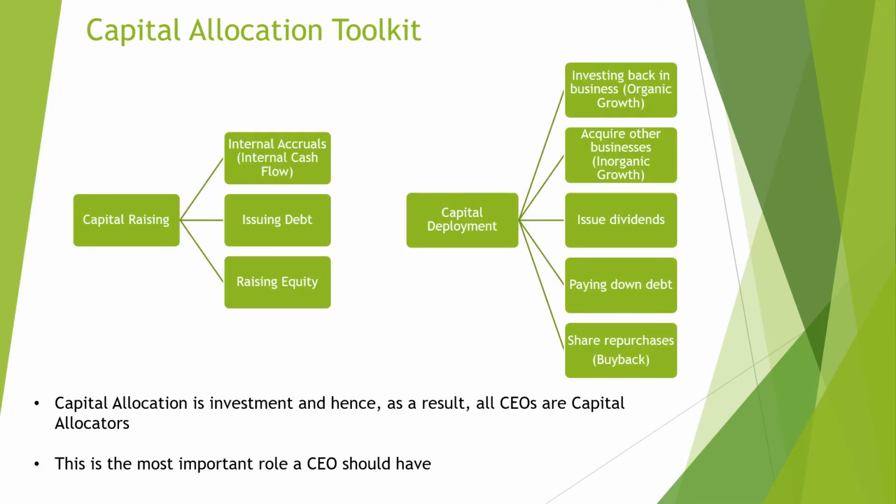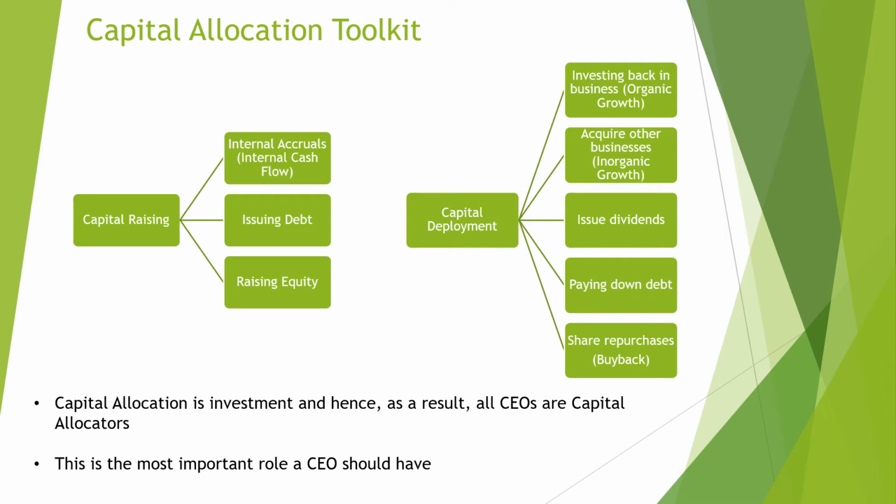Now, in this slide, I'll talk about the capital allocation toolkit. In the previous slide, what we discussed was only one aspect; it does not give you the entire picture of capital allocation, but it is one of the many aspects of checking whether the management is allocating capital sensibly in a business or not. To give you the entire end-to-end picture, I have drawn this diagram, which is quite simple and self-explanatory: there are three methods of raising capital in a business.